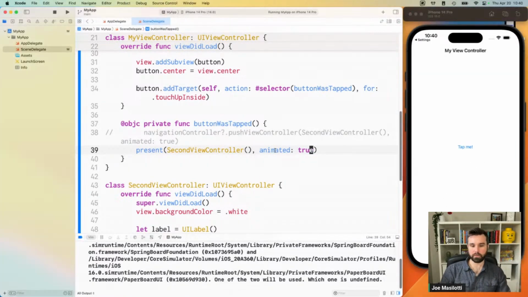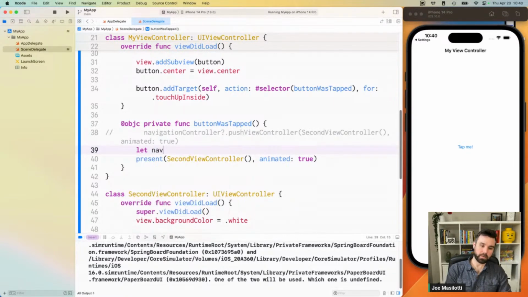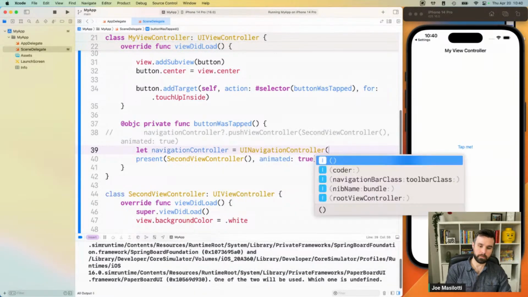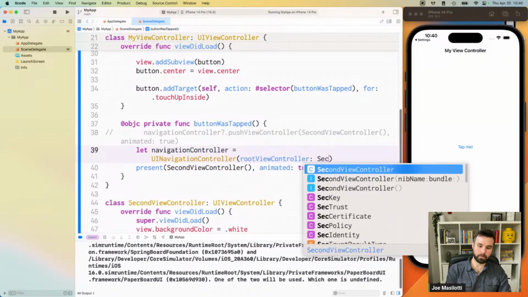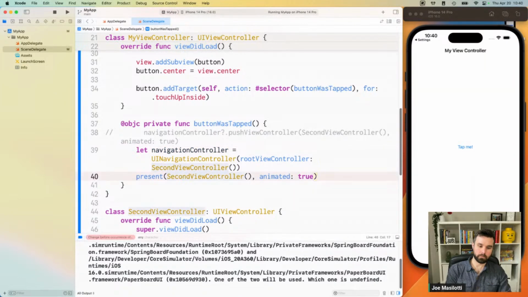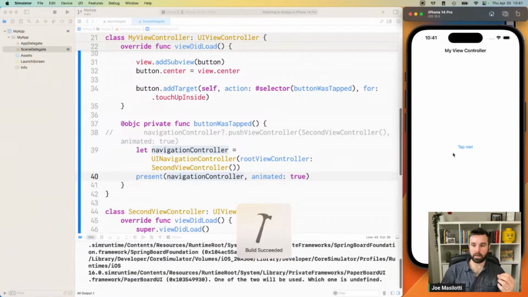What I will normally do for these is that I'll create a modal navigation controller. So if that second view controller needs to do any sort of pushing or diving deeper into a flow, it'll already be wrapped in a navigation controller. It won't change the UI at all. This looks exactly the same until